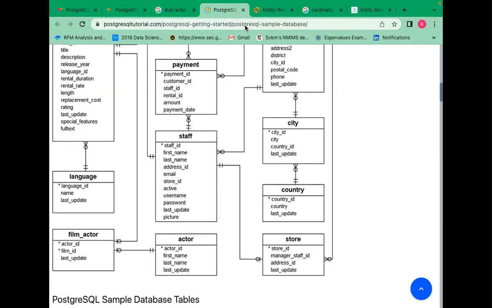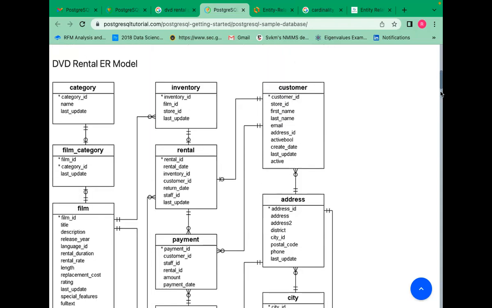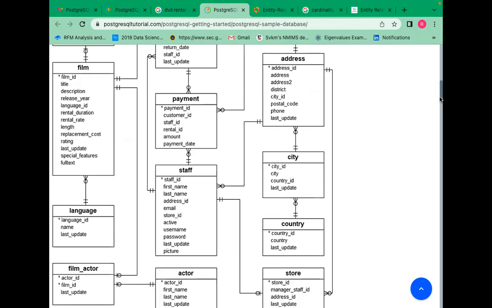like staff, see, payment, there are many to one, many or zero relationships. There are many relationships with this table. And there are many features which can be used. Now, if you look at this table,